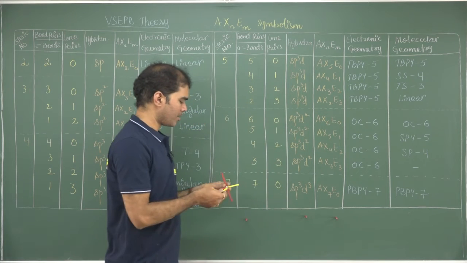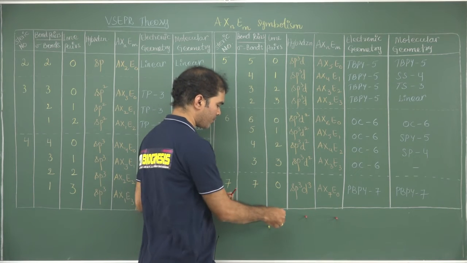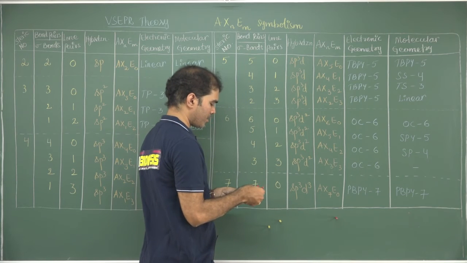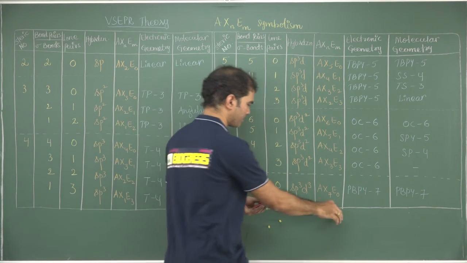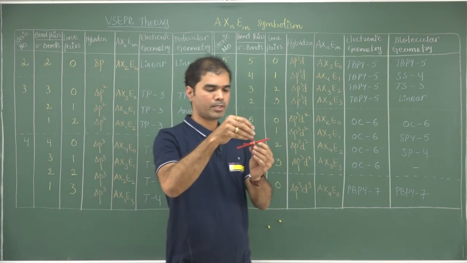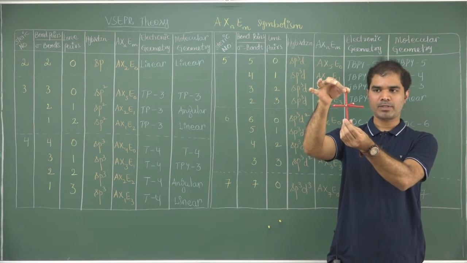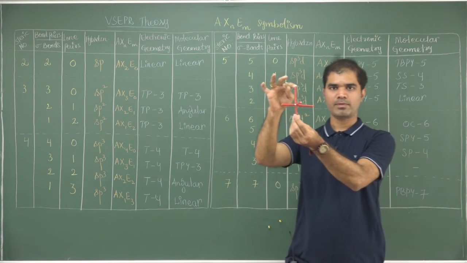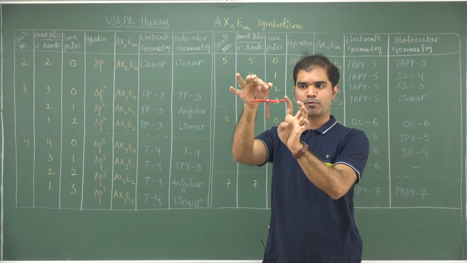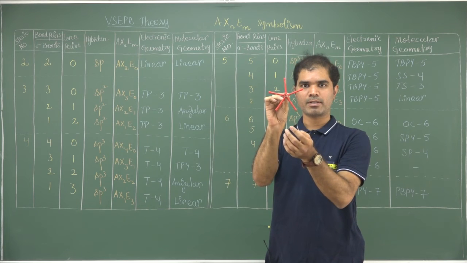The last one: the steric number is 7. Whenever the steric number is 7, we have a geometry which we call pentagonal bipyramidal. Within this geometry, you can see there is one ligand above and one surrounding atom below, making 2 bonds, and the other 5 bonds are in the equatorial plane, making a pentagon. You can see a pentagon.